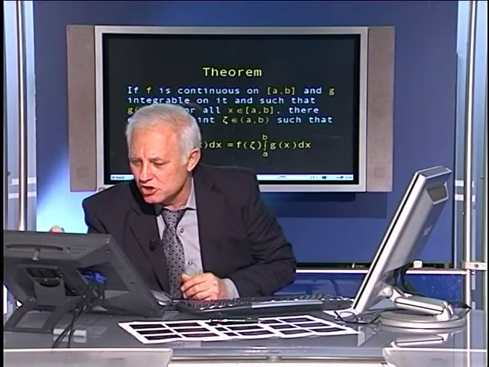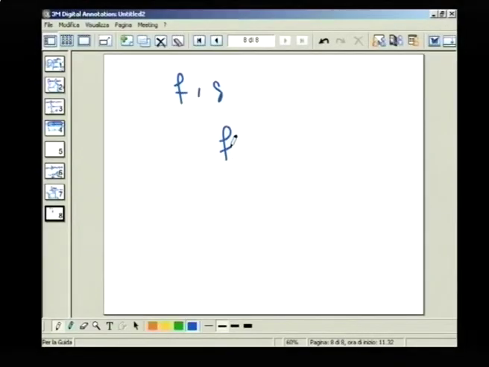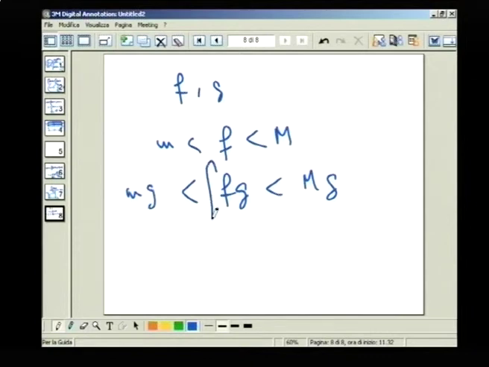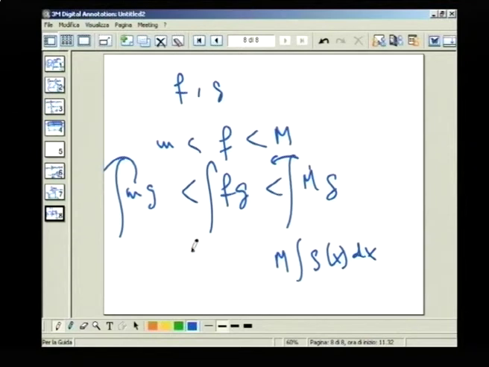You have here f and g. f is continuous, so it must attain a maximum value and a minimum value. And then g is positive, so you can multiply by g, and you get f g times g is between m g and capital M g. And then you take the integral. So what you obtain is that you take small m outside, and capital M outside also, of the integral of g of x dx,